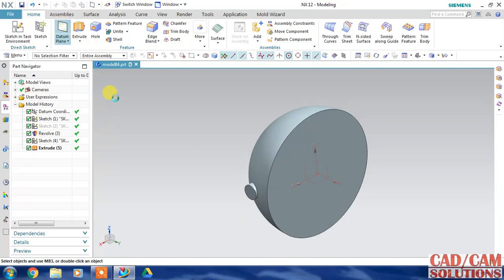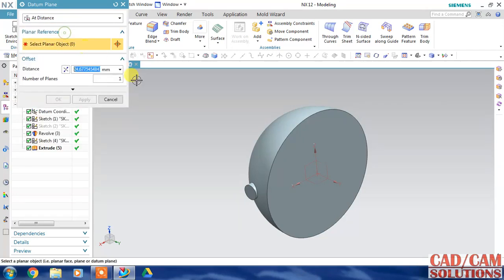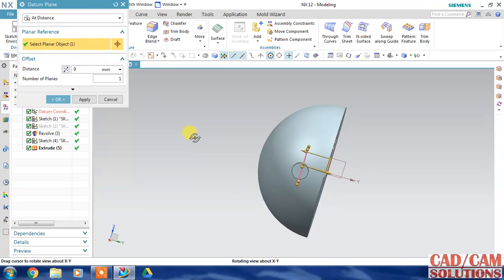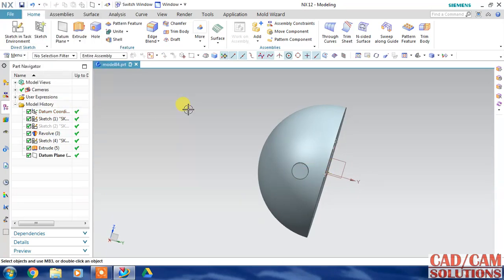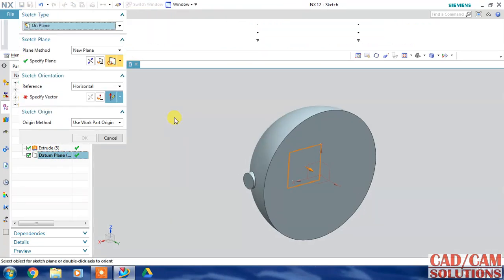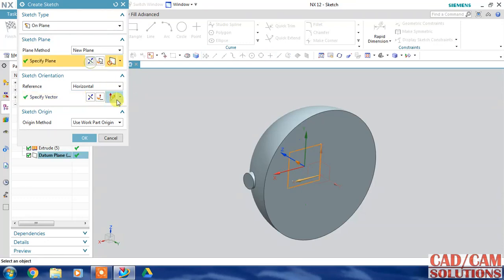So first I have to add a plane at a distance of 9, which is the center of our previous circle, and click OK. Now we will create our next sketch on this new plane. Click OK,